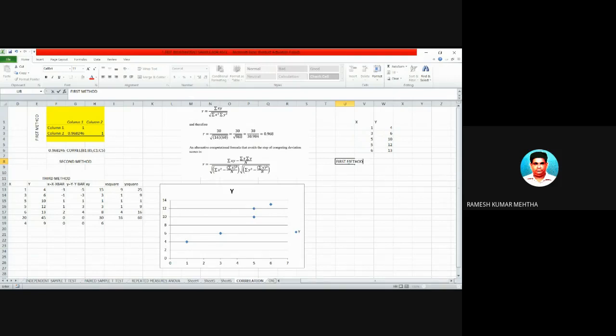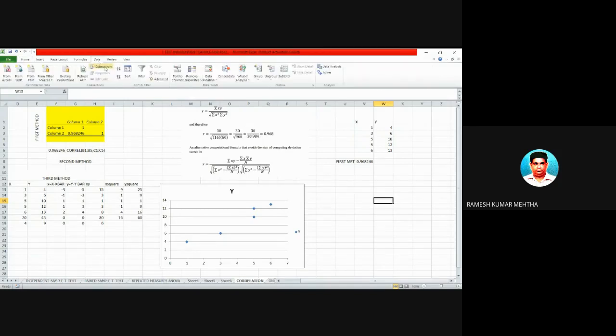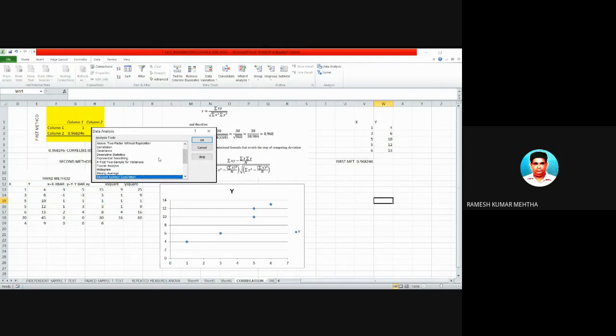The other method is to go to Data. At the top, if you are able to see it, this is Data. Where the cursor I am moving, click Data and go to the extreme right. You get Data Analysis. Click on this Data Analysis, and you will get a box like this.